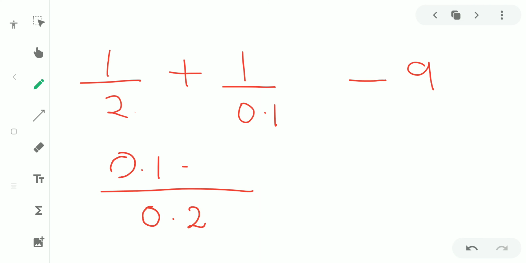And plus 2 you are having here, minus 9. Now 0.1 plus 2, you are having 2.1